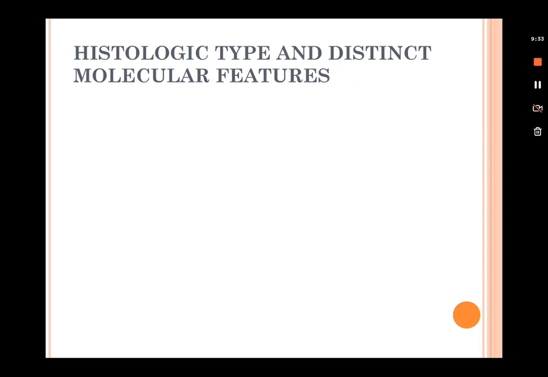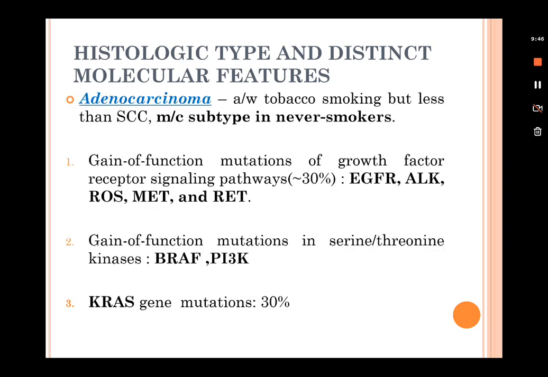Now coming to the histologic types and their distinct molecular features, I have tried to minimize these things and keep them very specific, so that you remember it. Just remember the names, that's more important. So we have three types of lung cancer: adenocarcinoma, squamous cell carcinoma, the short term for that is SCC, and small cell